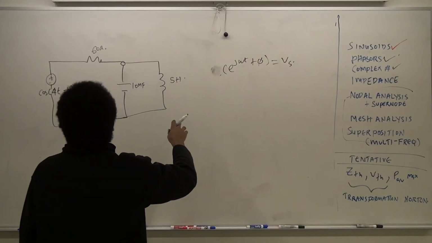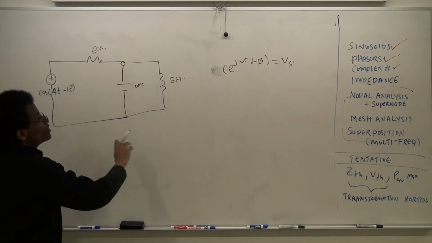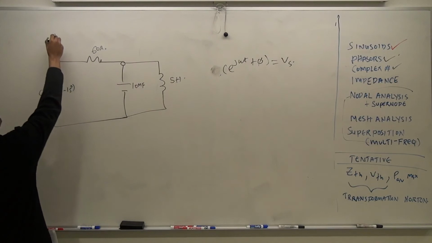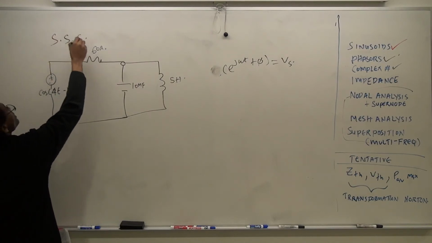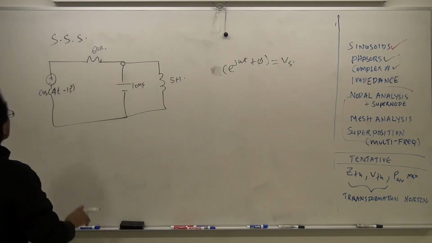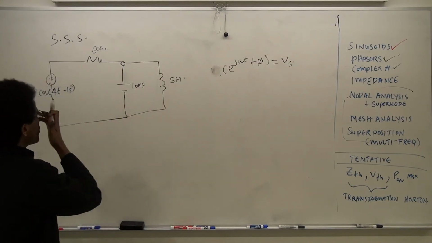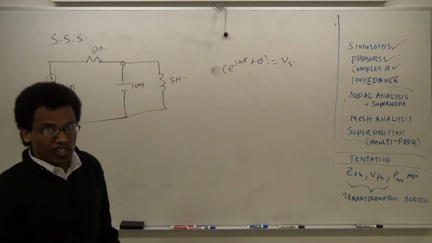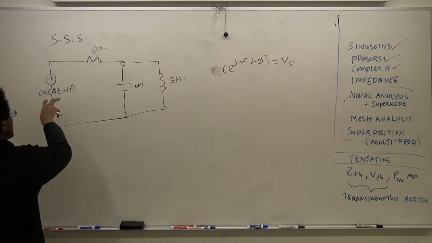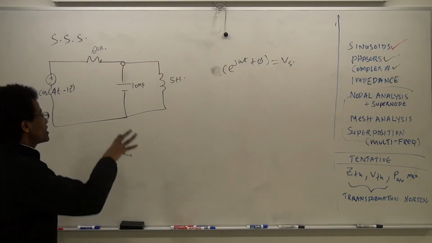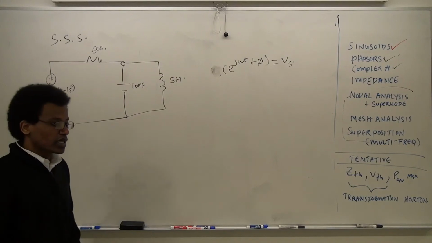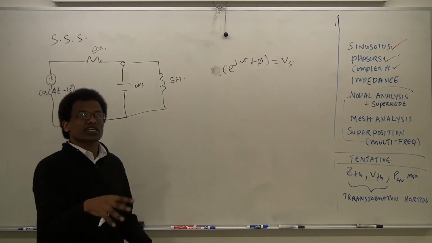Now we're trying to solve the circuit using something called steady state sinusoidal analysis. So the idea is we have voltage sources that are sinusoids, which we already covered what sinusoids are. And we're trying to find the response of the system under a sinusoid. And the reason why the sinusoid is very useful is because, let's say you had a